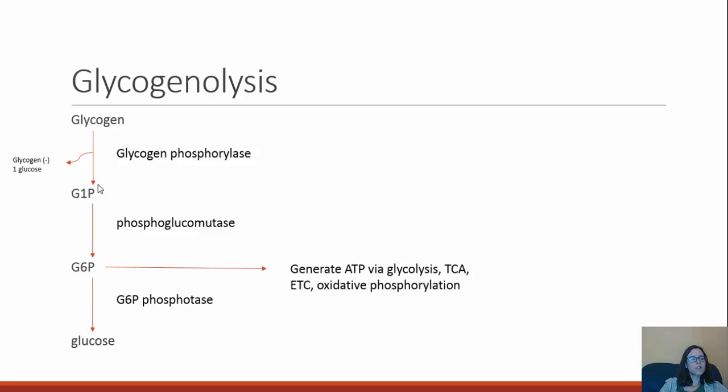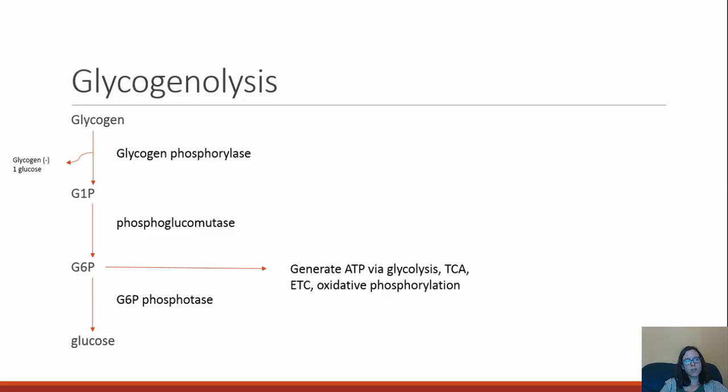What I should have drawn here was the addition of a phosphate from ATP, converting it to ADP. So the phosphate from ATP is added onto the glucose. We have G1P, and then we have the enzyme phosphoglucomutase, which moves the phosphate group on the glucose. If we're in the muscle,